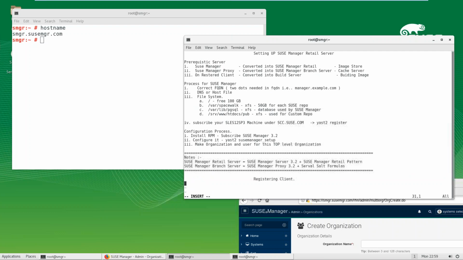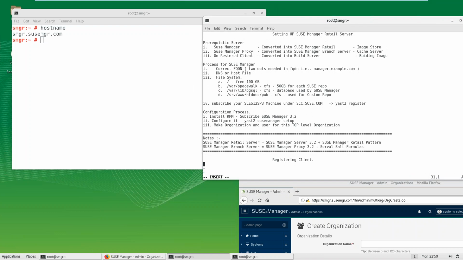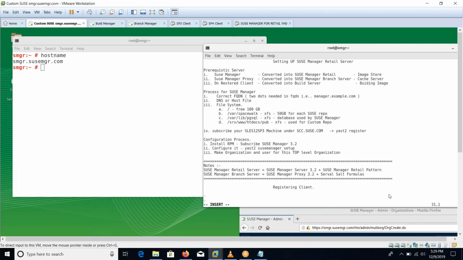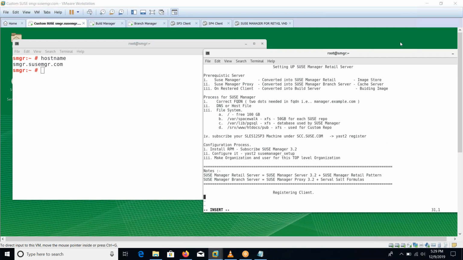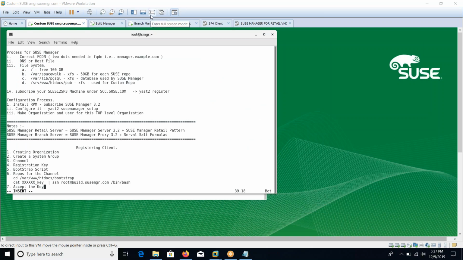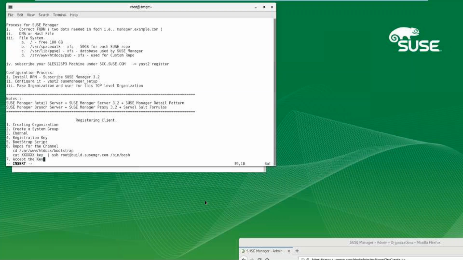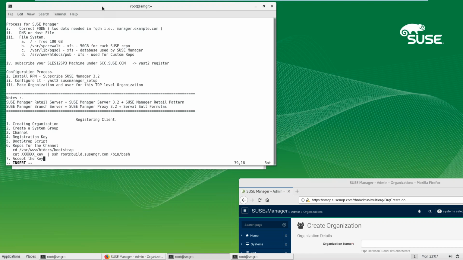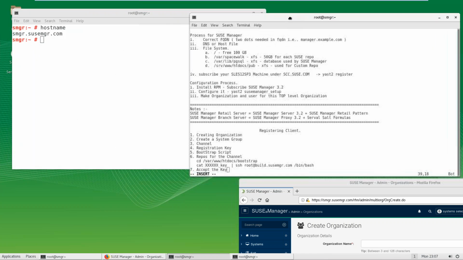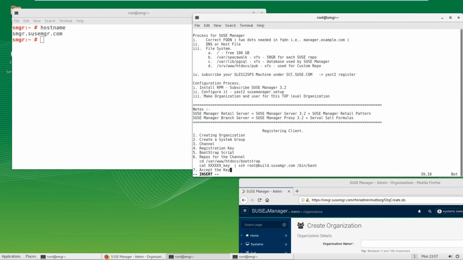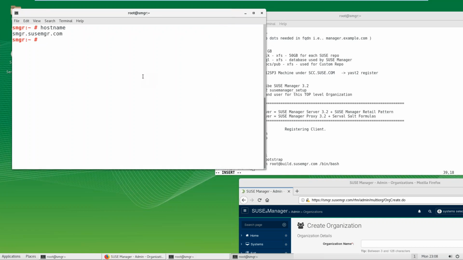Let me write down some steps that I need to follow, right? Just give me a second. So now it is time to register a machine in SUSE Manager, and at a later time we'll see how we can convert this client machine into a build machine. Right, because our ultimate goal is to set up a retail environment, right? So yes, let's go to my